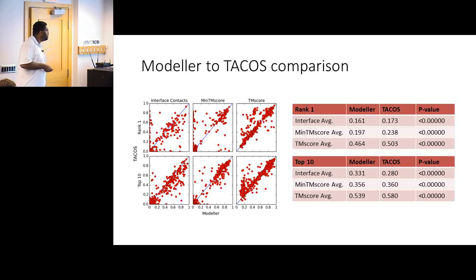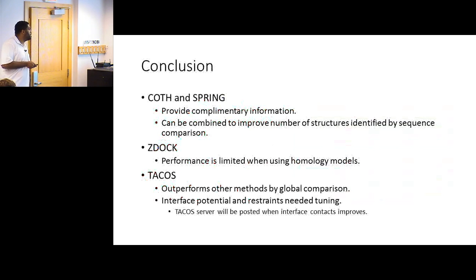So in conclusion, we have these two web servers here, COFACTOR and SPRING, and I'll eventually be finishing packaging these two programs to run locally on computers, and they can provide complementary information. They can also help with giving further evidence if two proteins interact, and someone mentioned the CRAPome, so I've given them some data sets to try to combine that with what they already have.